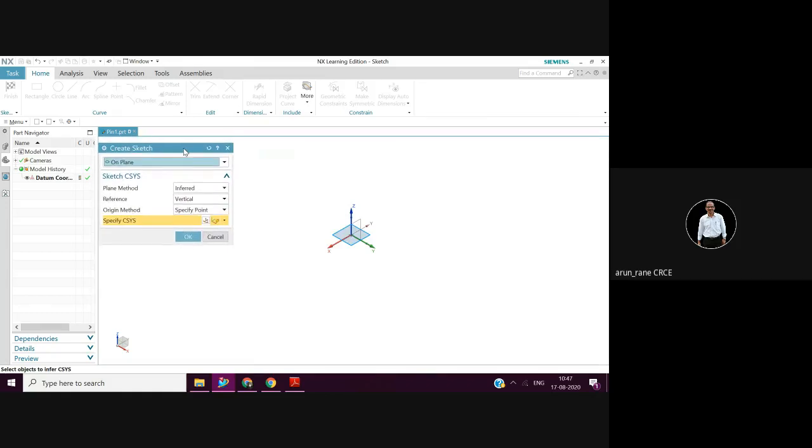Once you select the sketch, you will get this window. Then go for the horizontal plane, because now we are going to work in this plane, that is the XY plane. So I'll say horizontal, and I say okay.